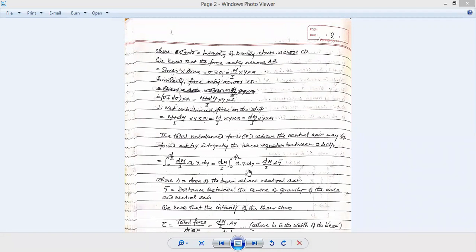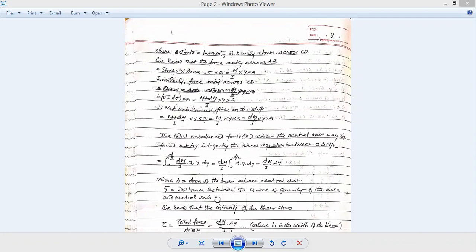make the integration, we have dM and I outside the integral, and the integration takes place from 0 to d by 2 of a y dy, where a is the area and y is the distance of a particular strip, any horizontal strip parallel to the neutral surface. Then the integral of a y dy results in capital A into y bar, where capital A is the total area of the beam above the neutral axis,